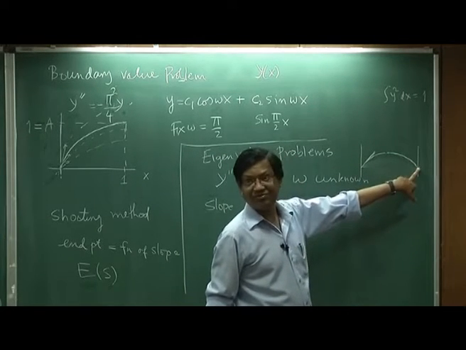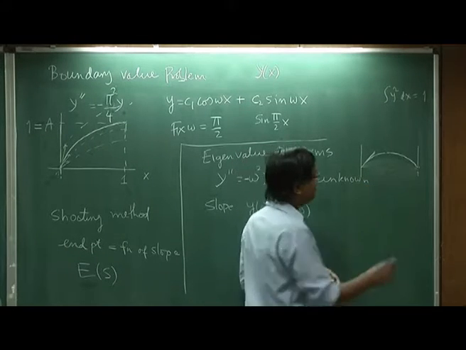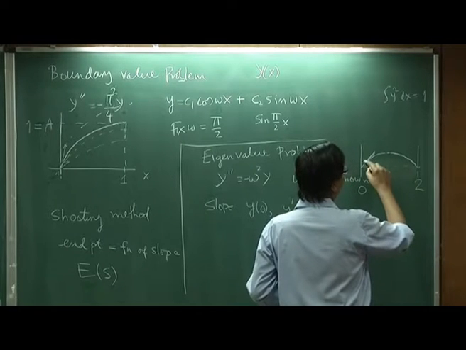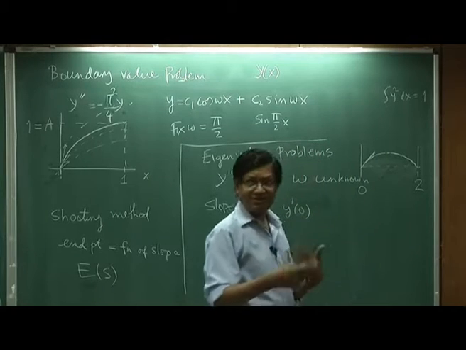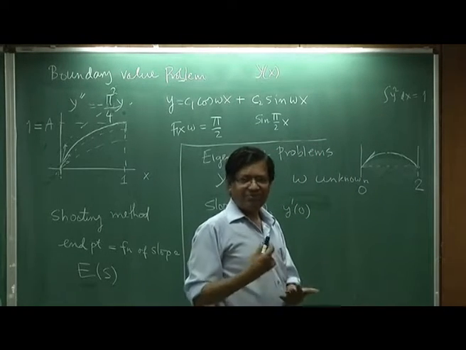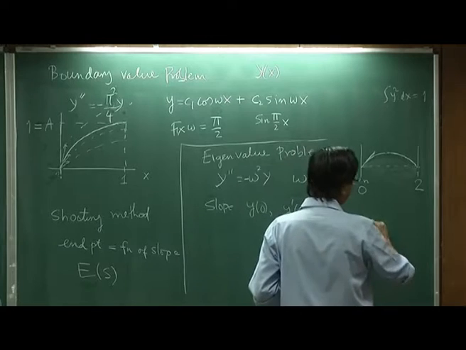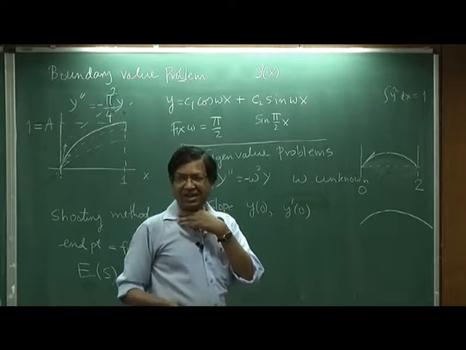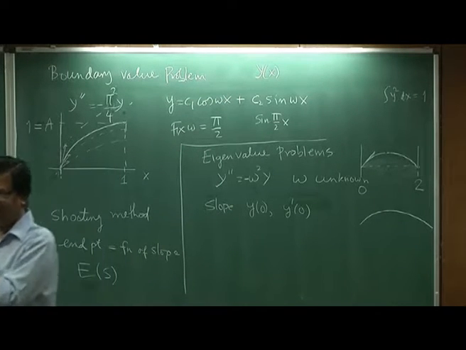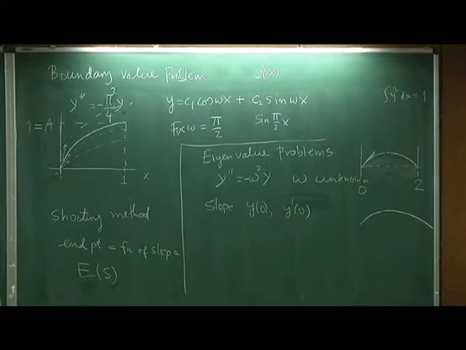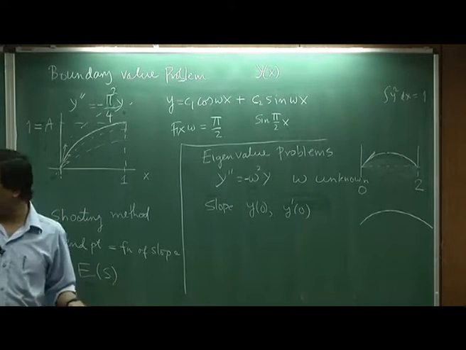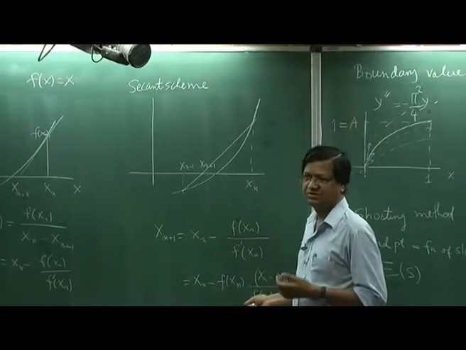hit 0 here. At x equal to 2, most likely you are not going to hit 0 with the same slope with a trial omega. I do not know my omega. With a trial omega you are likely to just overshoot or undershoot. Then again we adjust omega in such a way that we reach the target. You can use the midpoint procedure like this, or if you want faster convergence, then this is the procedure.